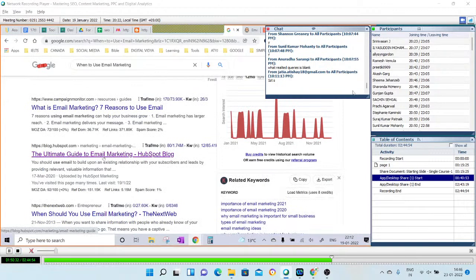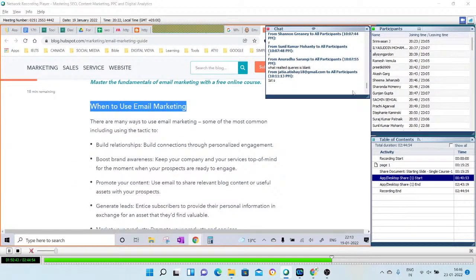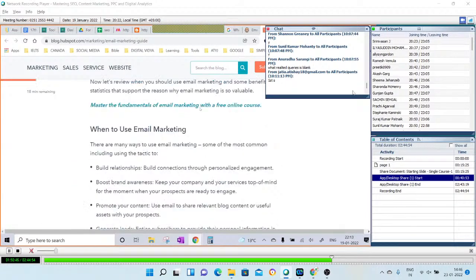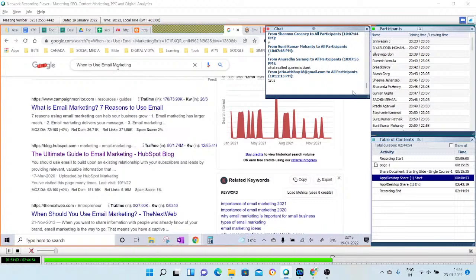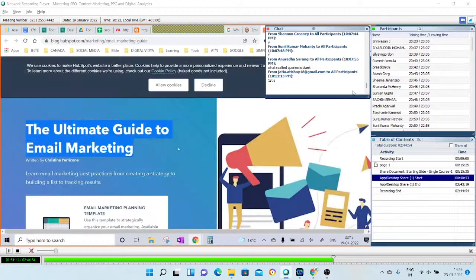See, now this is the perfect example to understand. When I just used email marketing guide, the same blog was ranking second. Now something from inside, when to use email marketing, which is not the main title. The main title is this. You guys with me? What I'm coming to? So this is the main keyword. This is the main title on which the content has been written. But the intent of the user could be anything. So the intent of some searchers, or the search which a few people have made, was this: when to use email marketing. So from that keyword also, the same page is ranked on fifth, sixth position because that is part of it.